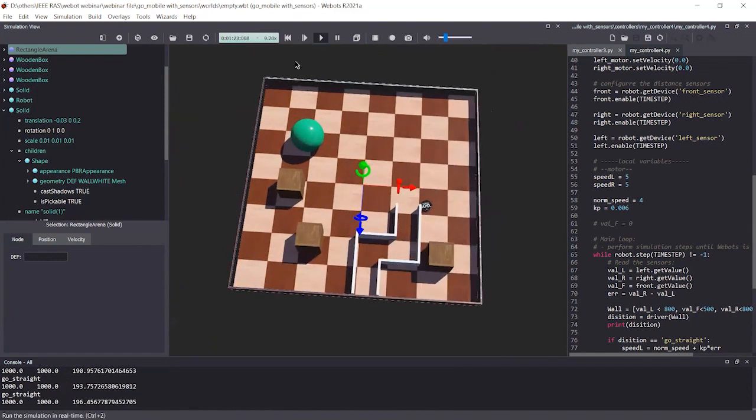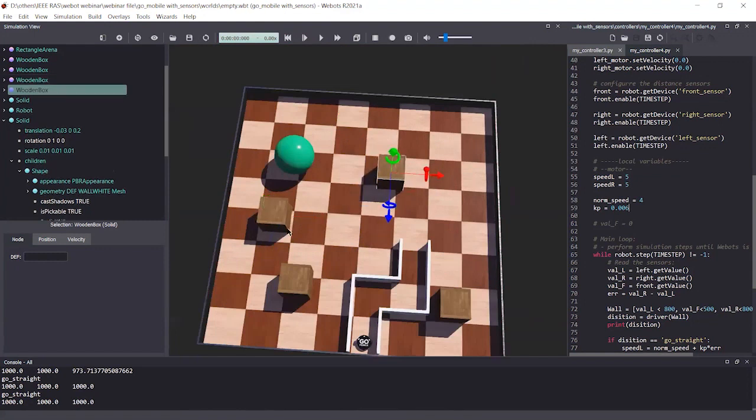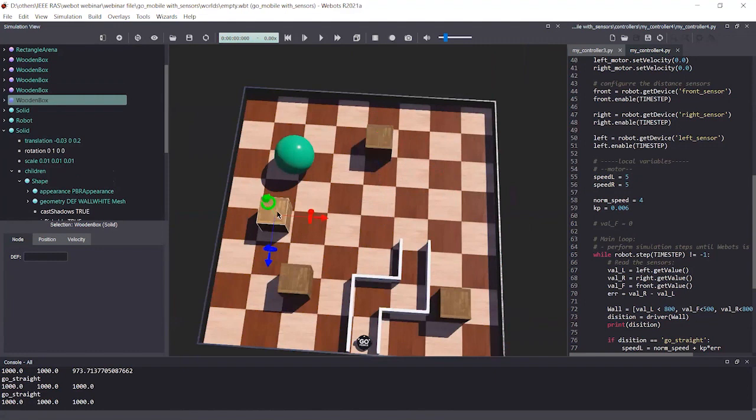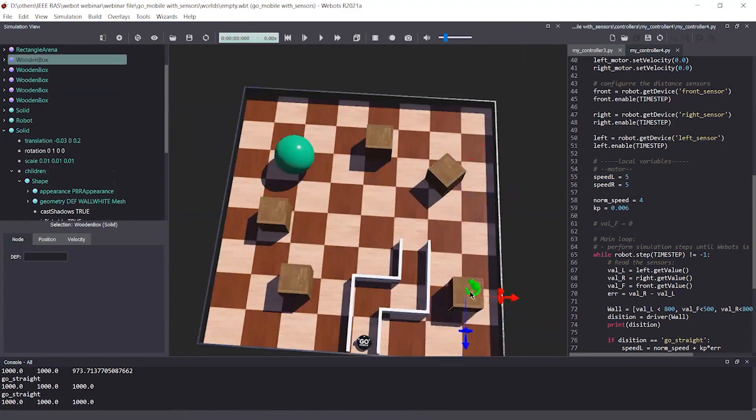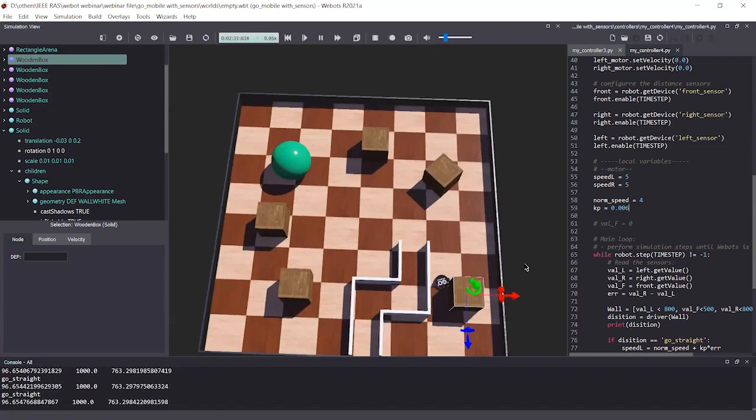Also, if you want, let's add some boxes here and there. So Control C, Control V, and I'm going to place a box here. Control V, and I'm going to rotate this and place it here, and this here, and save. Let's see. And I'm going to run faster. I think our robot is handling well. Okay, now we have arrived at a problem.